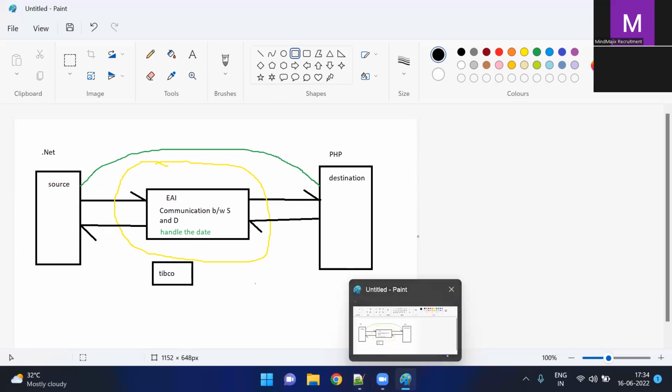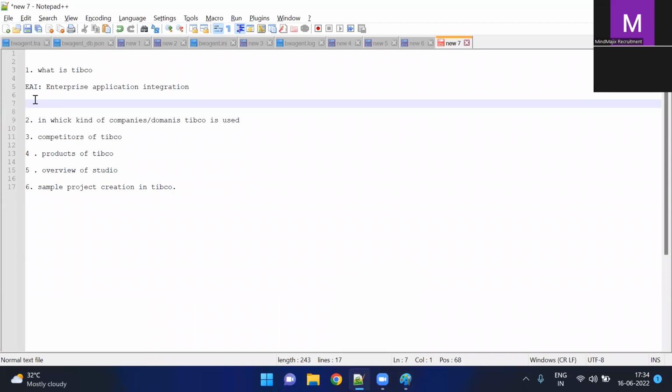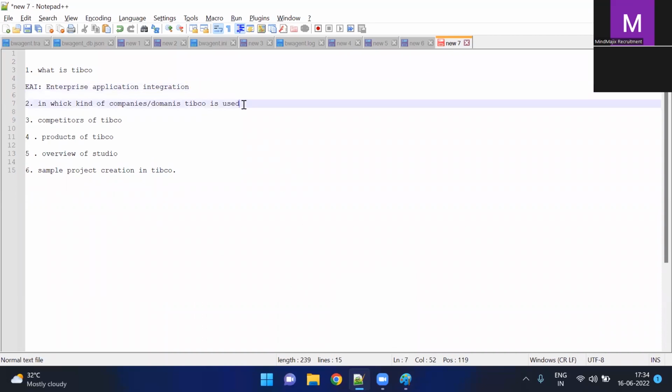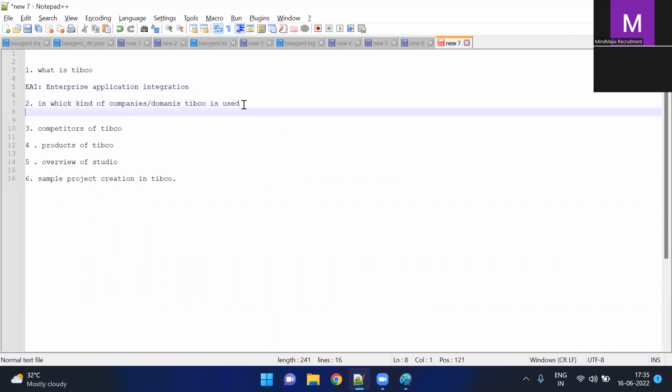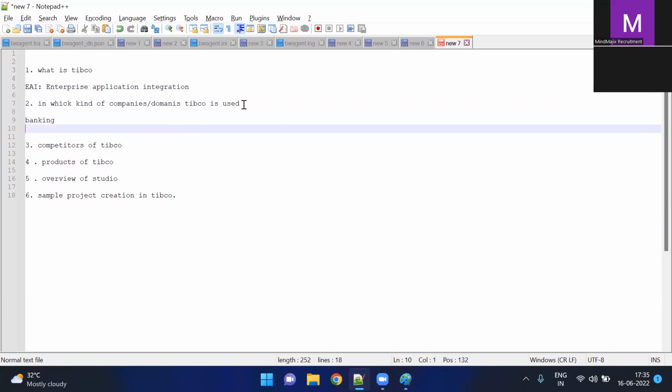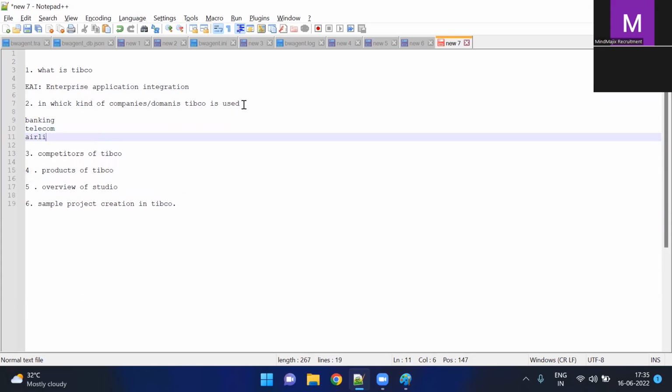Let me go back to my notepad. Now we are done with EAI, and why we use TIBCO. We have seen that case, right? So now, what kind of companies or domains are using TIBCO mostly? As of now, I can say that banking is the major domain using TIBCO, and telecom, and airline,